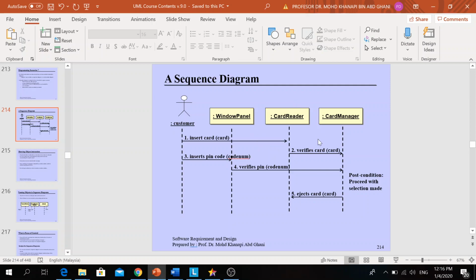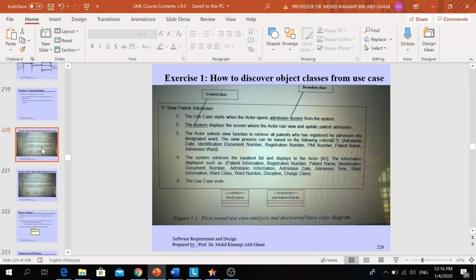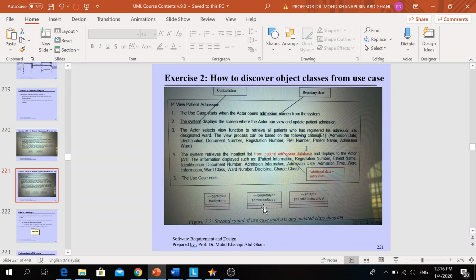Of course, from the sequence diagram we can create the relationships between the classes. So when you look at the initial class diagram, we don't have the relationships. So we don't know who relates to whom, and which object receives the message from which.